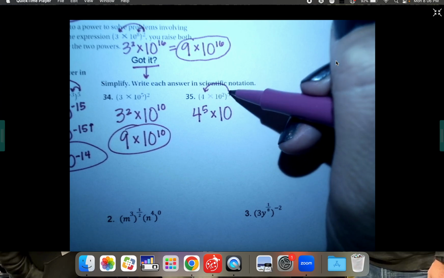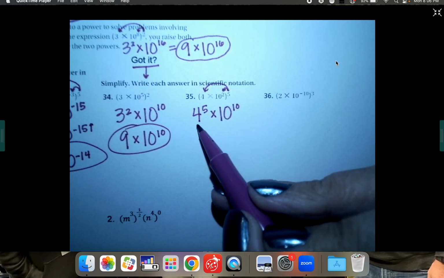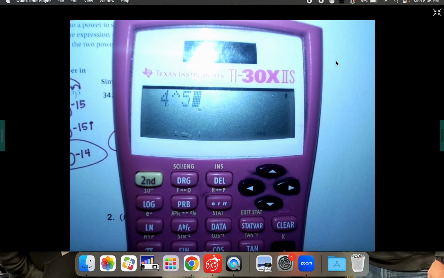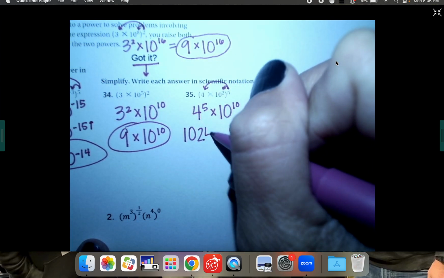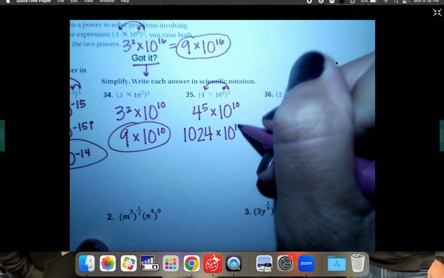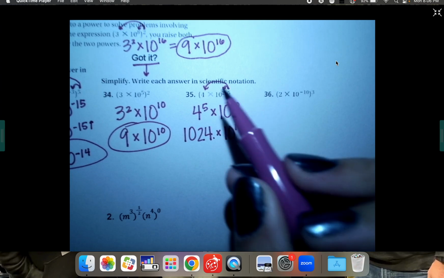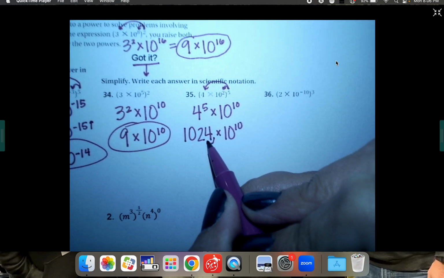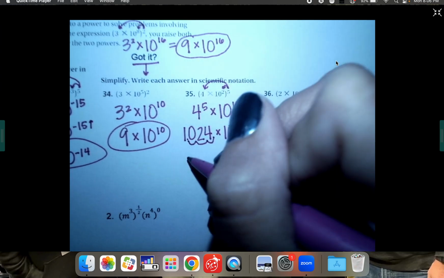Give the 5 to the 10 squared, which means 2 times 5, which is 10. 4 to the 5th power is going to be big. 4 to the 5th power, too big. 1,024. Okay, 1,024 times 10 to the 10th. That's a big problem. You're going to have to drop the decimal at the end and move it way back. You're going to have to move it 1, 2, 3 decimal places back, making this